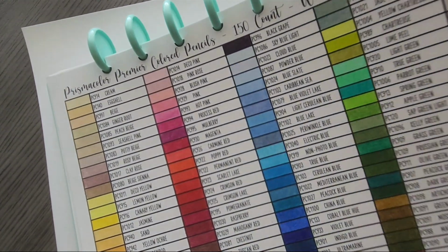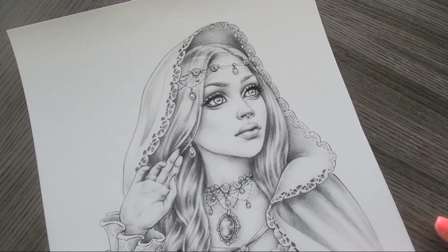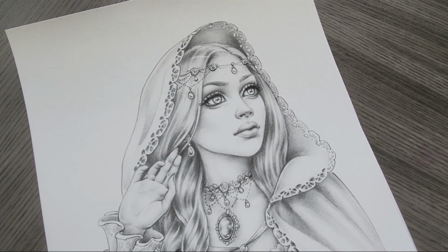Okay, move that out of the way. Hopefully the angle is okay, so my hand isn't in your way. So for the skin itself,